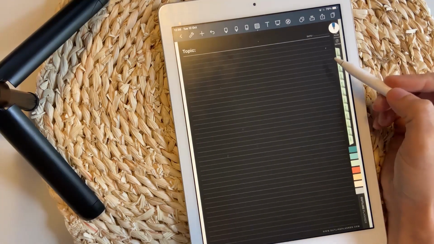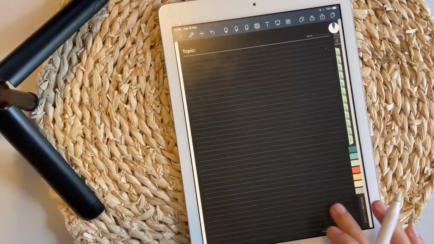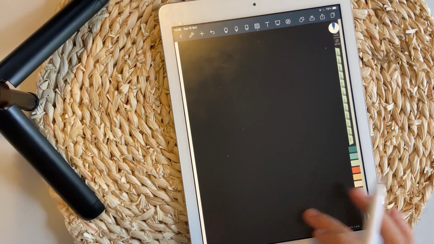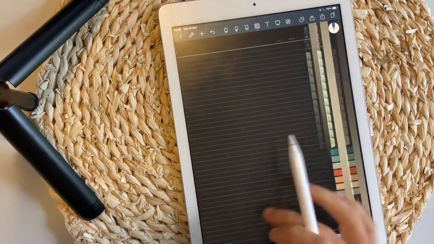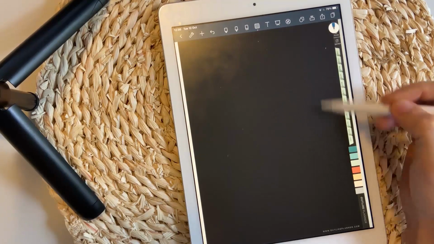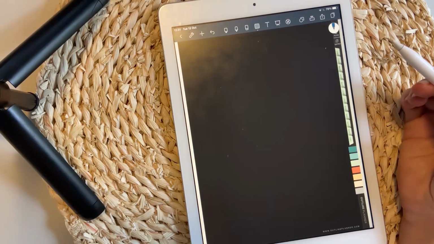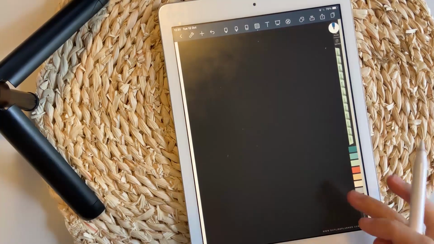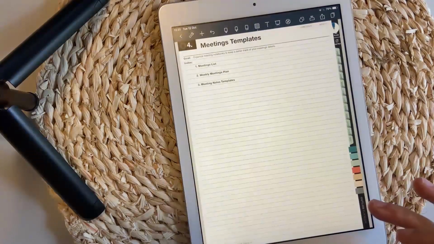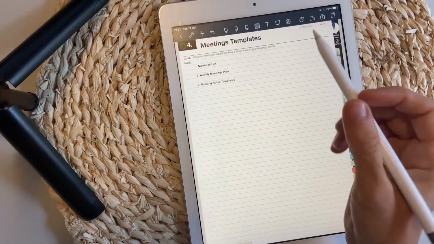You will notice that at the end of the notes section, I have also included dark background pages with simple lines or with just anything on the page. You can use those pages to write down in the evening if you used to take notes late in the night. The meetings templates